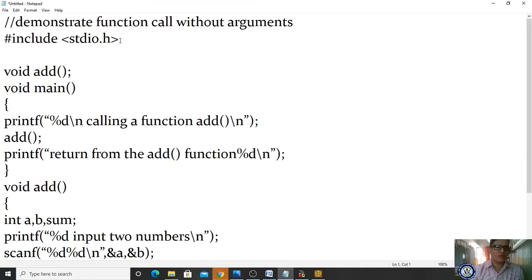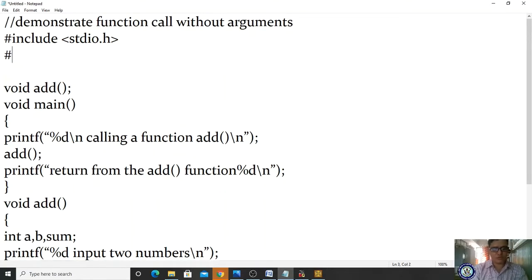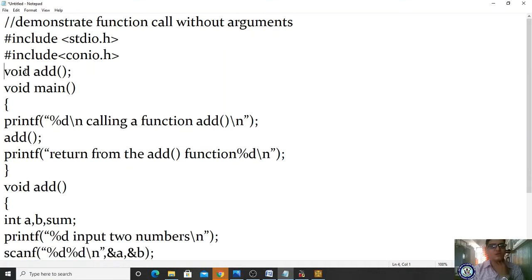Now after include stdio.h, what are we supposed to do? Please observe, include conio.h is compulsory, and next you write void main function. Please observe, this is the prototype declaration, void add, where add is the name of the function.